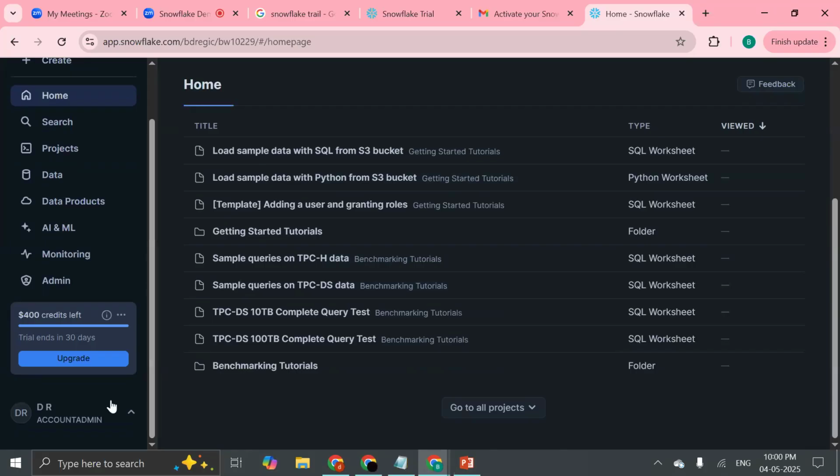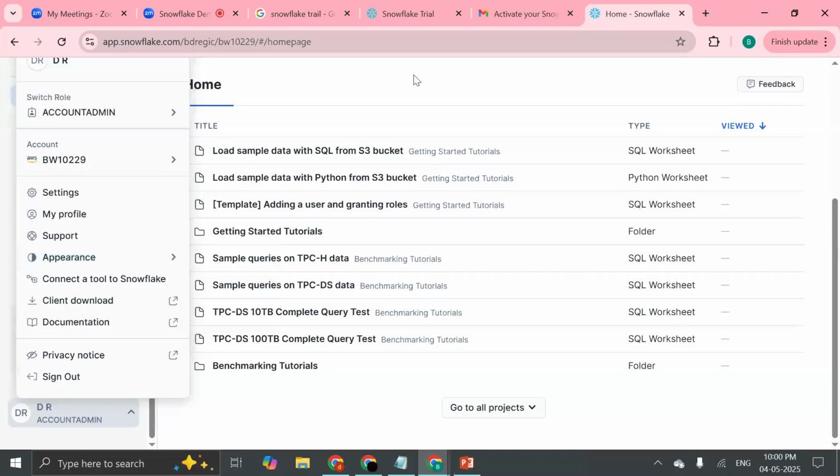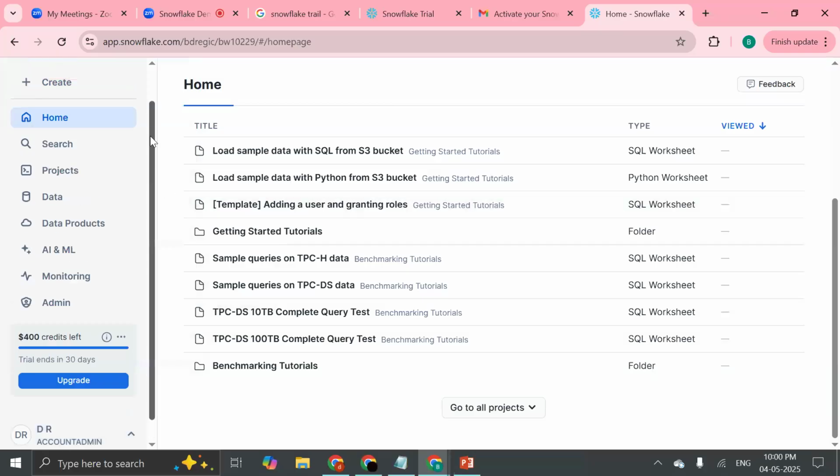If you wanted to change it, on the left hand side you can see Appearance. In this appearance, just click on Light. By default it will be in dark mode. If you wanted to go for light, just click on Light. Okay, now